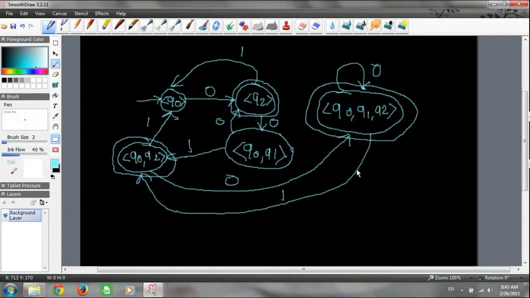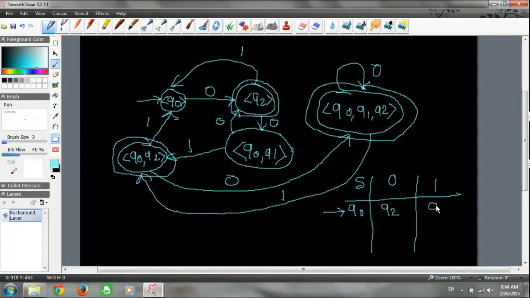So in this way we have constructed our DFA, and if you want to show the transition table of the resultant DFA, it will be like this. So on Q0, which is nothing but initial state, Q0 to 0, you are going to Q2. Q0 to 1, you are going nowhere.